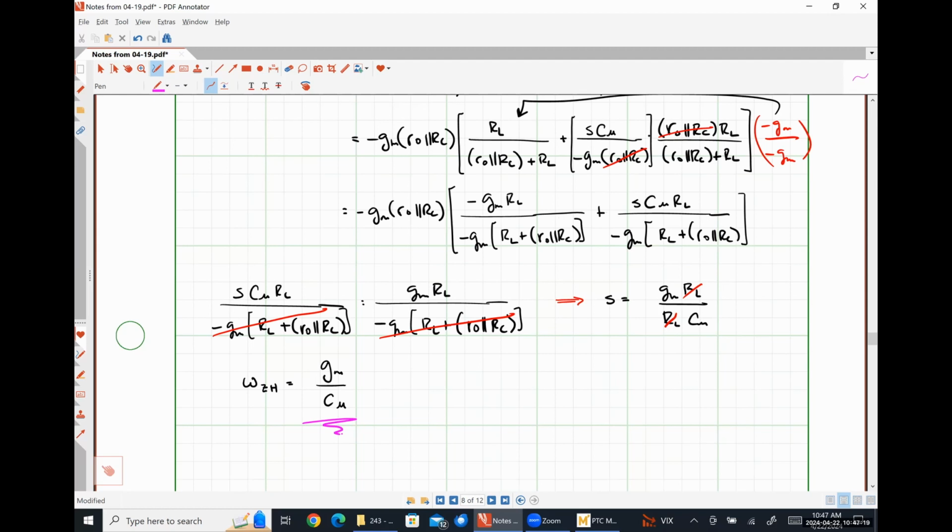What having a zero in the right-hand plane tells us is that if we connect this circuit as part of a feedback circuit, this is going to give us potential instability because this is what's going to cause negative feedback to look like positive feedback at high frequencies. So we're going to have to do something to correct this if we want to use it in a feedback circuit. If you look back at